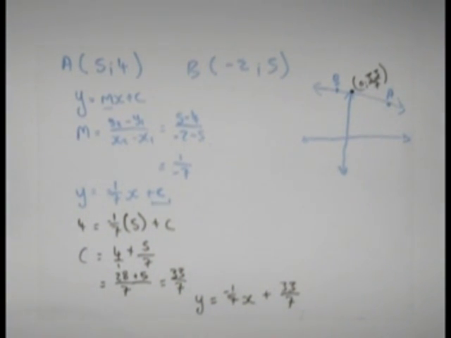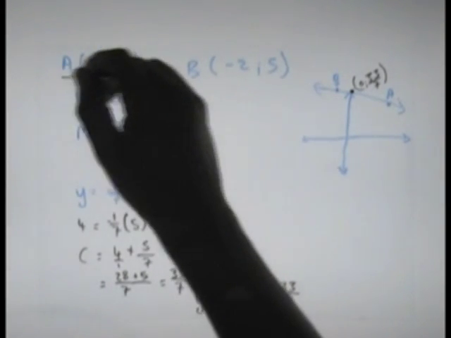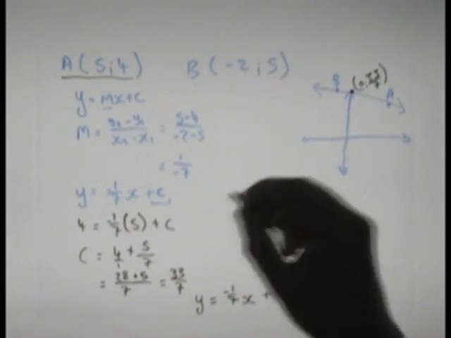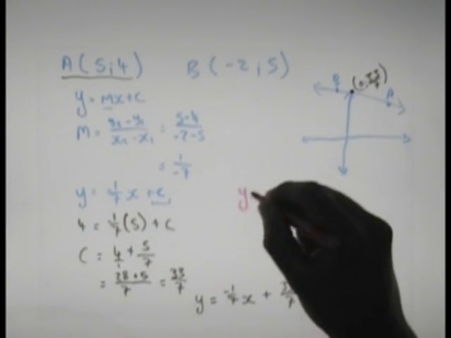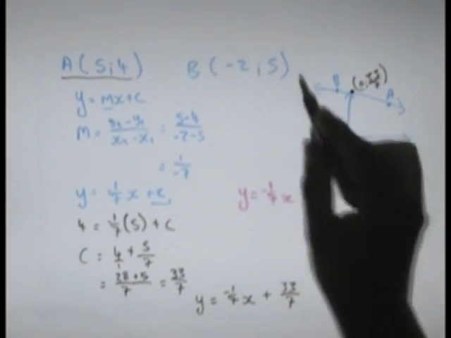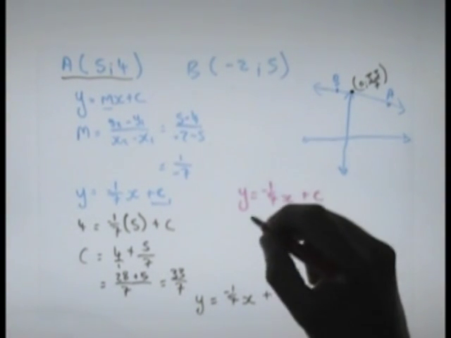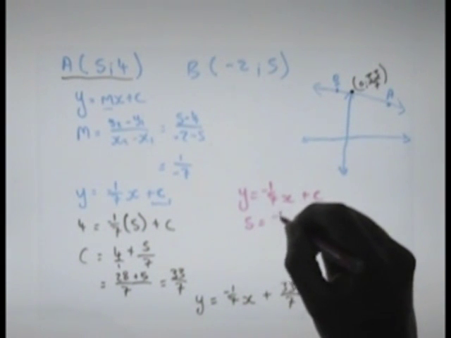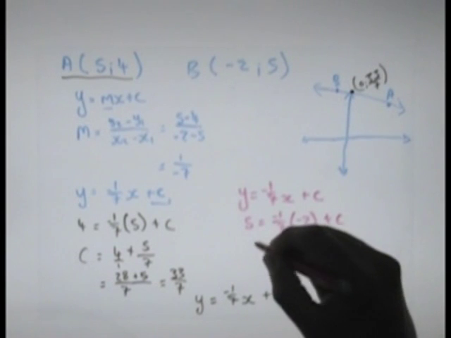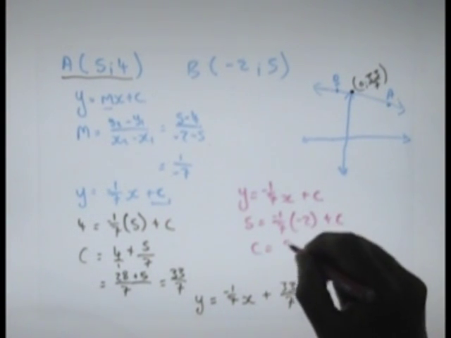Now that's substituting point A in, which I did in black. I'm going to show you that point B will give us the same answer. You don't need to substitute both points in though. I've got y is equal to negative 1 over 7x plus c. I'm now going to substitute 5 in place of y, is equal to negative 1 over 7 multiplied by negative 2 plus c. That means that c is equal to 5